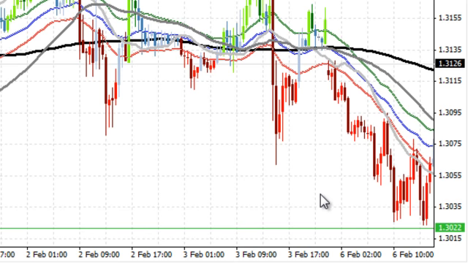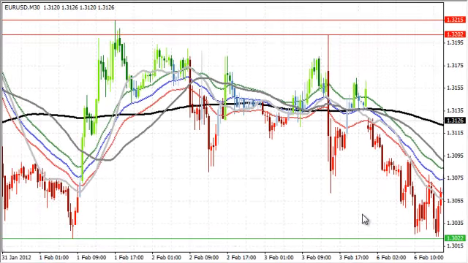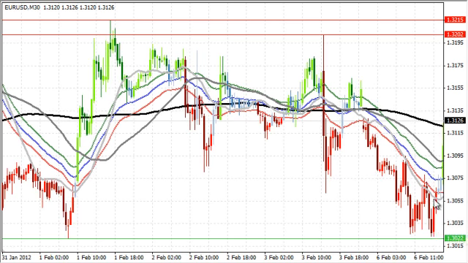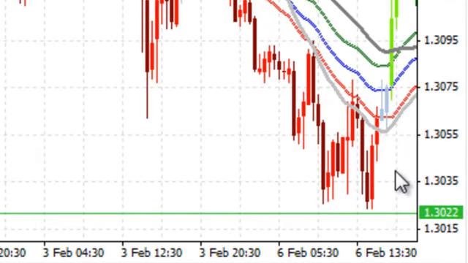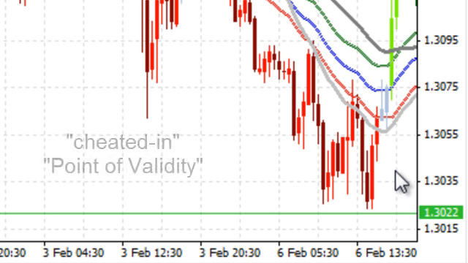So eventually, when it comes to swing trading, when it comes to any kind of trend following trading, at some point the trend is going to end, and your last trade, whether it be your first, 7th, or 12th, at some point you're going to have a losing trade. In this case, this was our third short entry, and the bullish momentum carried us higher through not only the cheated in stop loss resistance, but also the point of validity stop loss resistance, and that's exactly where prices began